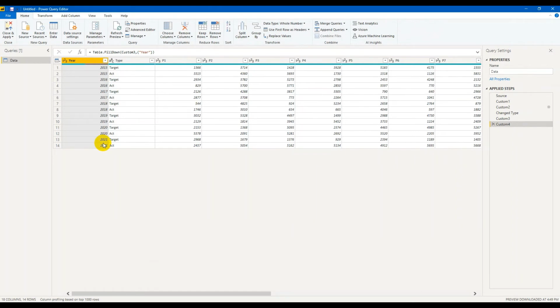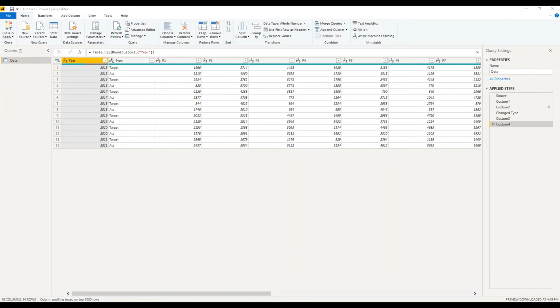But we need to do a little more transformation because we are having many columns. I wanted to convert all these columns into a single column so that I have year, type and all the products together. So that only 3 columns, so that I can manage this data in a much better way while analyzing the data. This table is in the form of a pivot table, by rows and by columns. Since I want only a single column, all the values in the single column, I want to use the unpivot option.